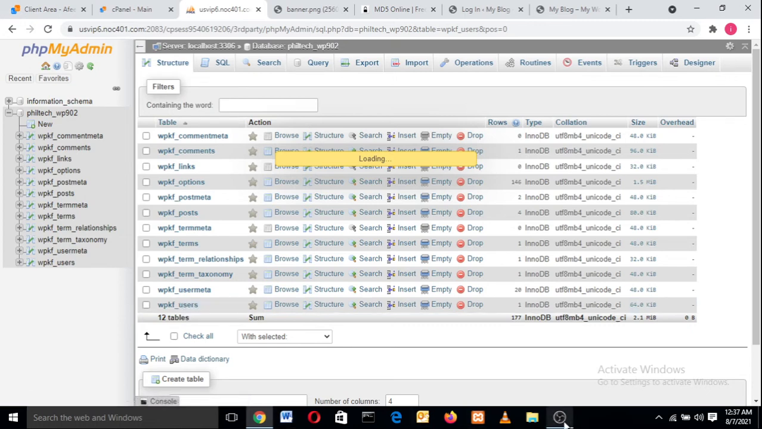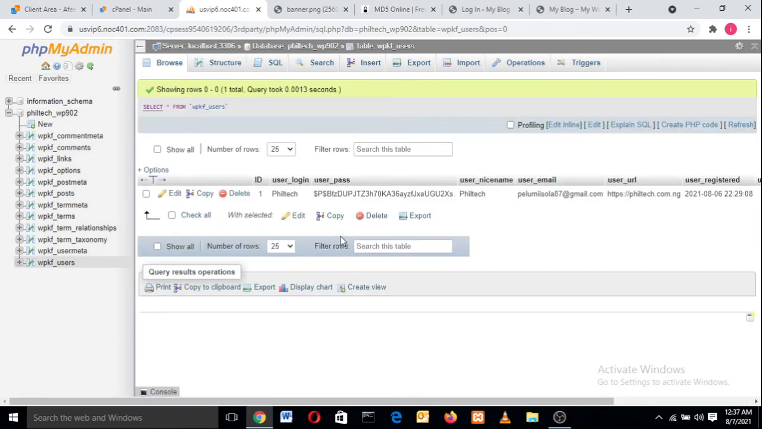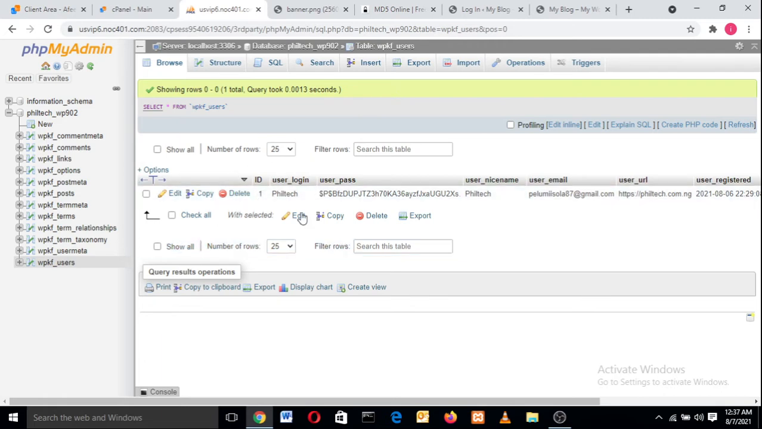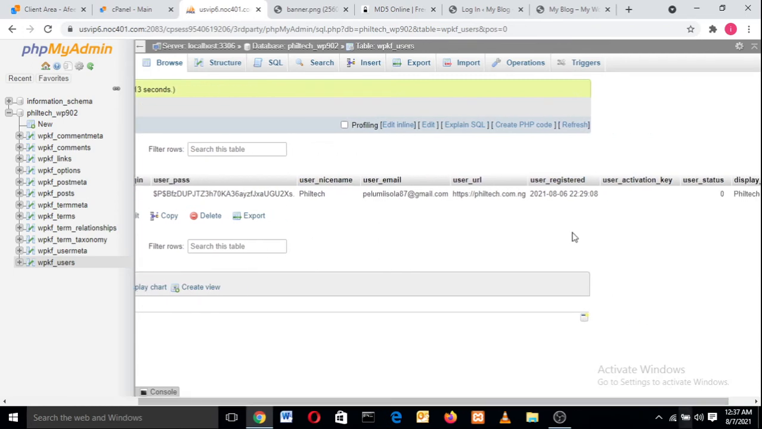So it's loading. Let's wait for it to load. Now these are all the data for the user as an admin that is logging in. This is my username, this is ID, that's only one, number one. Then nice name, Futech, email, then the URL where my WordPress is being installed, then the register date,